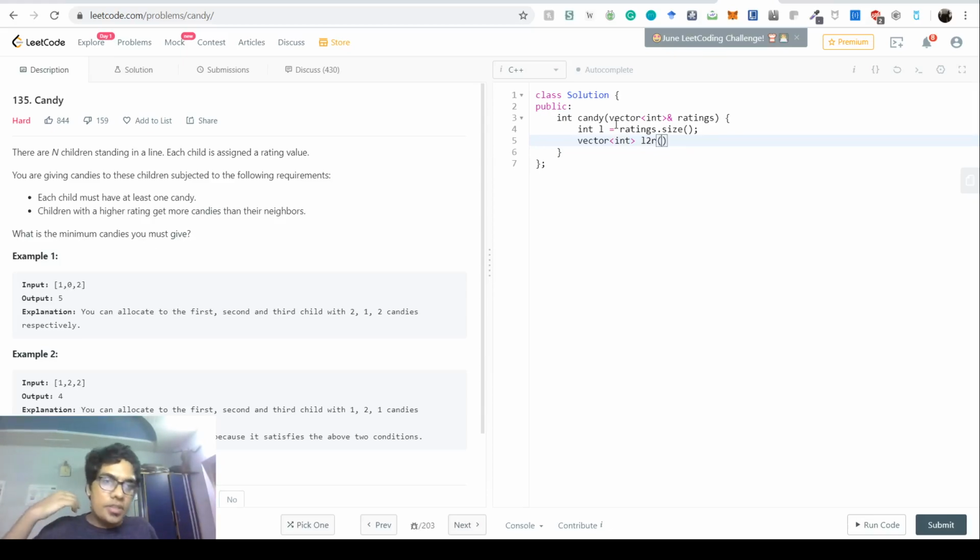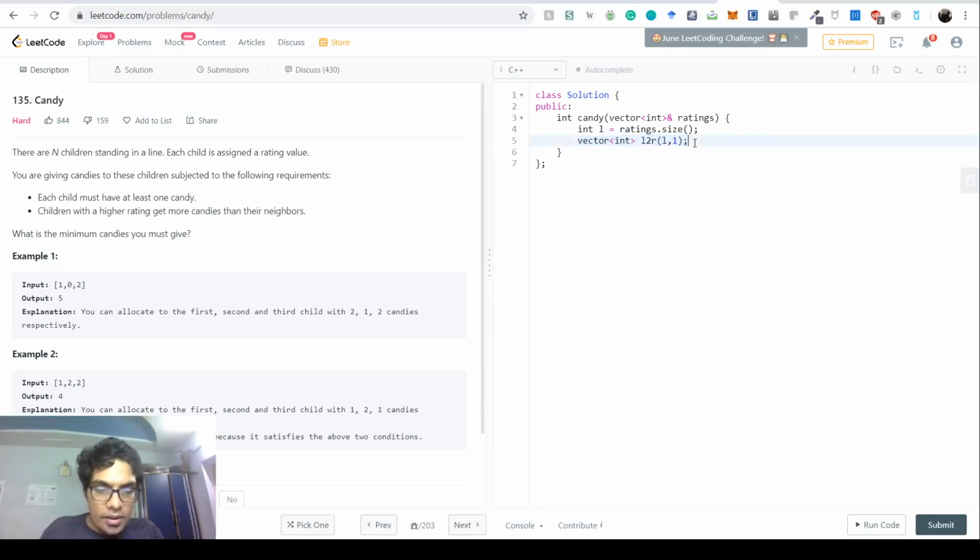There is this C++ way of initializing a vector: you put the size l and initialize it with 1, right? So this initializes a vector named l to r with size l, initialized with 1.